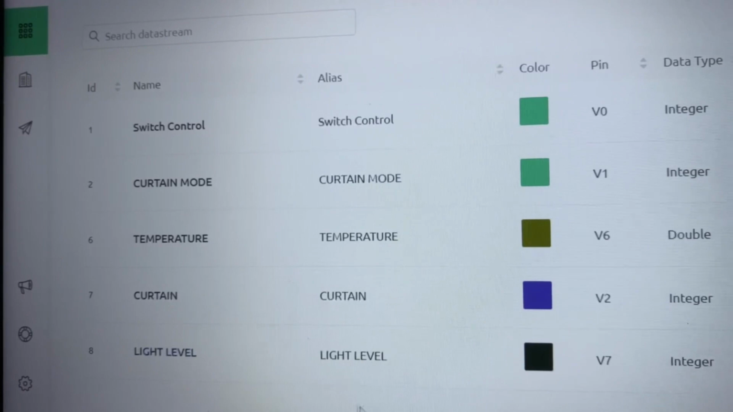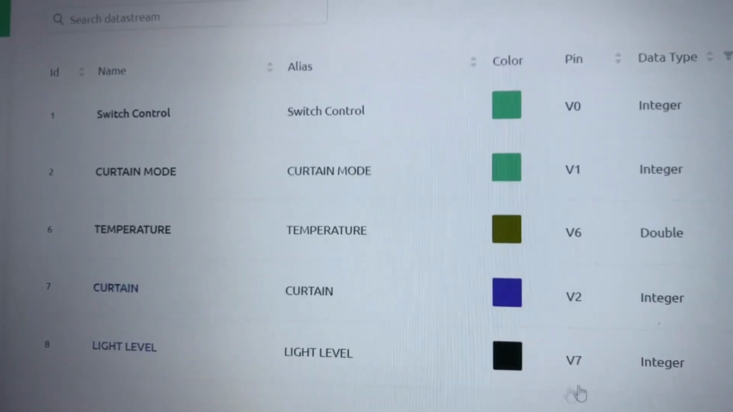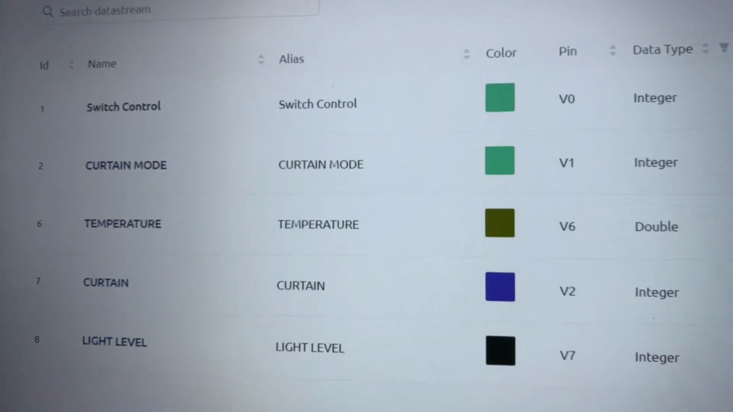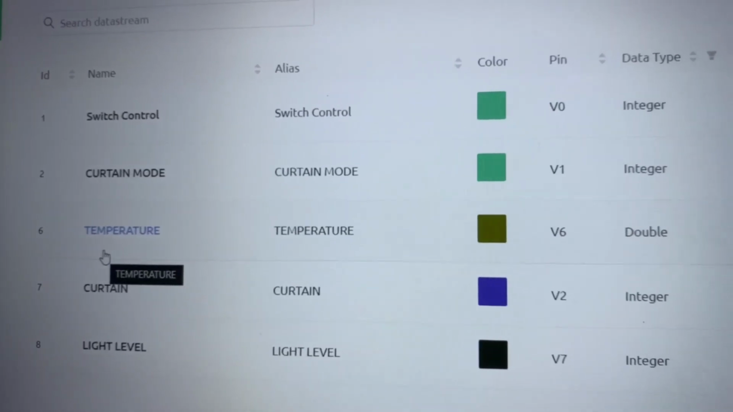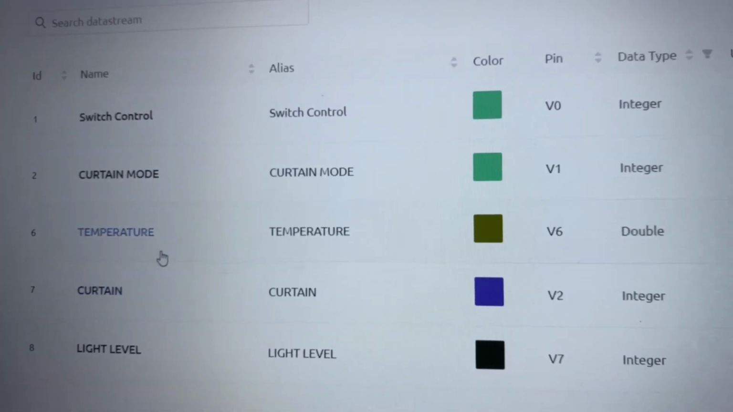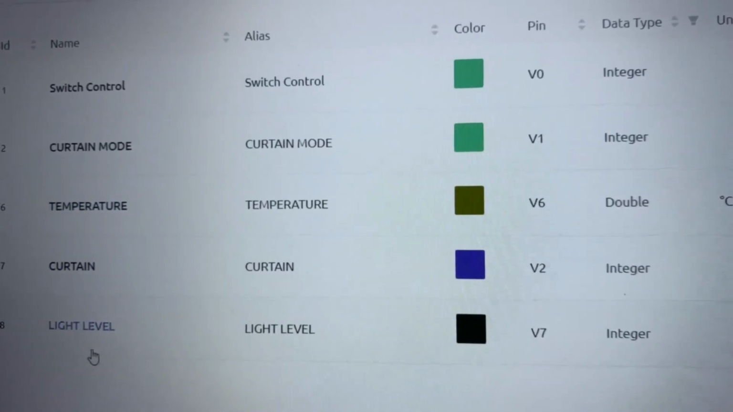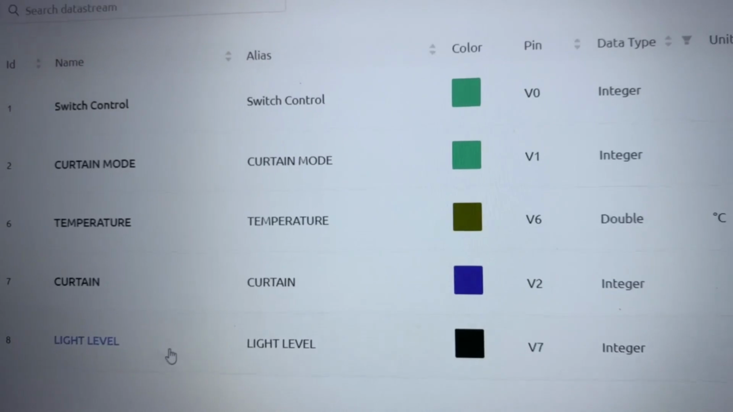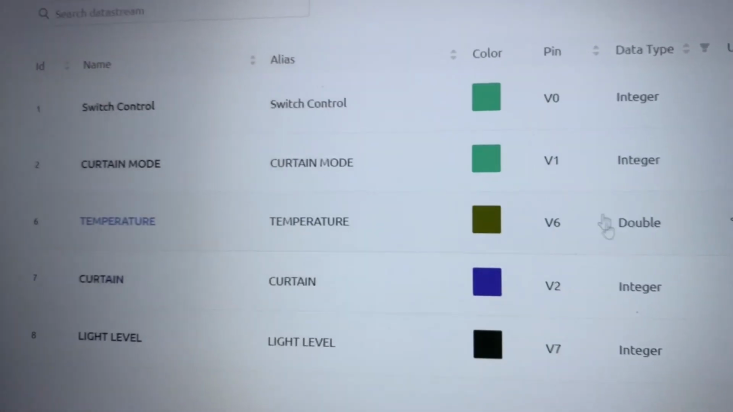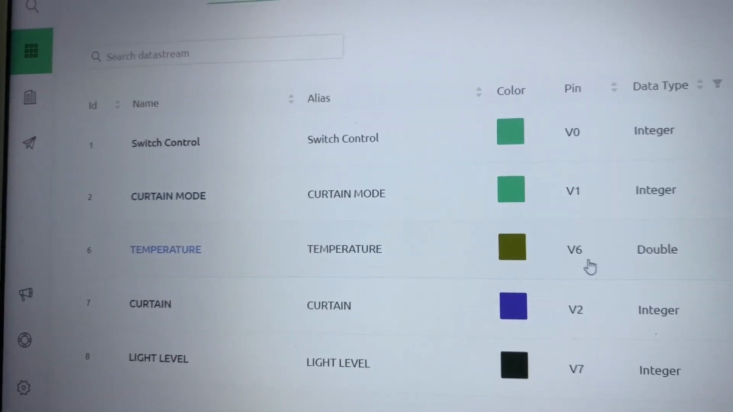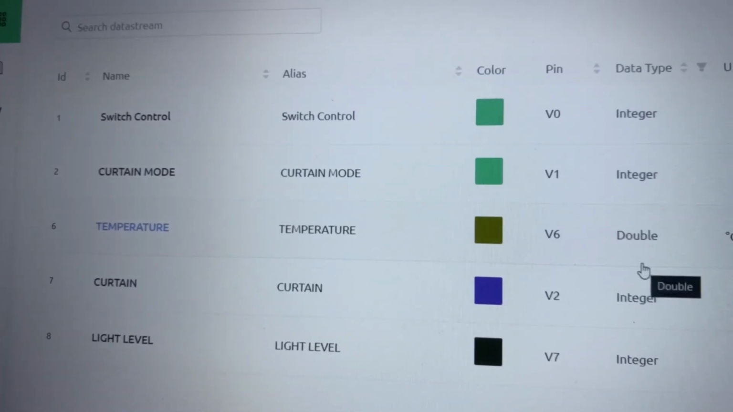Since we are storing the data from the sensors in Blynk Cloud, we made a few virtual pins to store those data. We have two sensors, which is the DHT to read the surrounding temperature and the LDR to read the light level. So we have to make two pins. So for the temperature, we assign V6 as the temperature pin. The data type is double since the temperature can have decimal points,